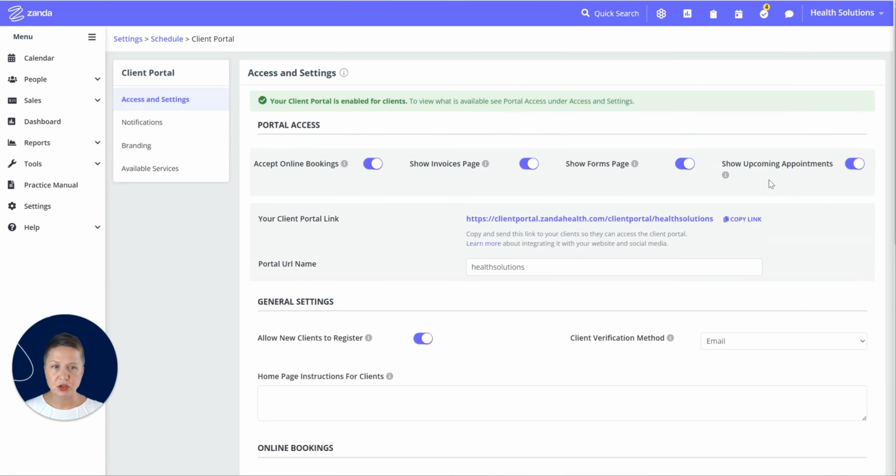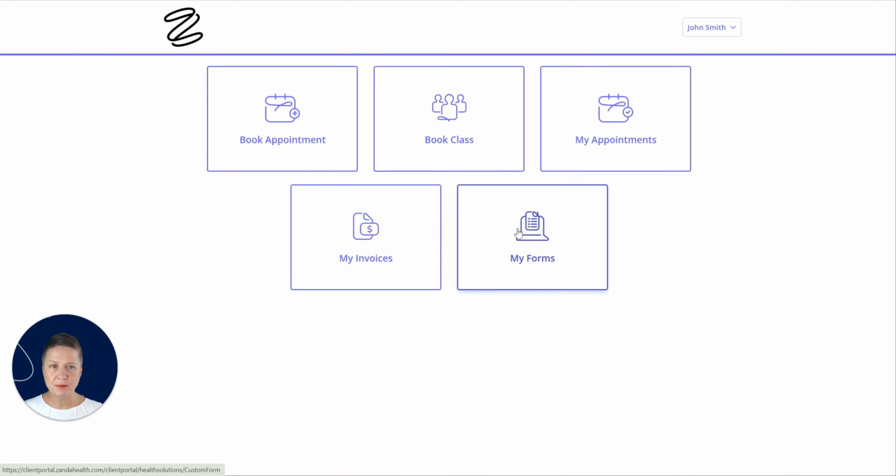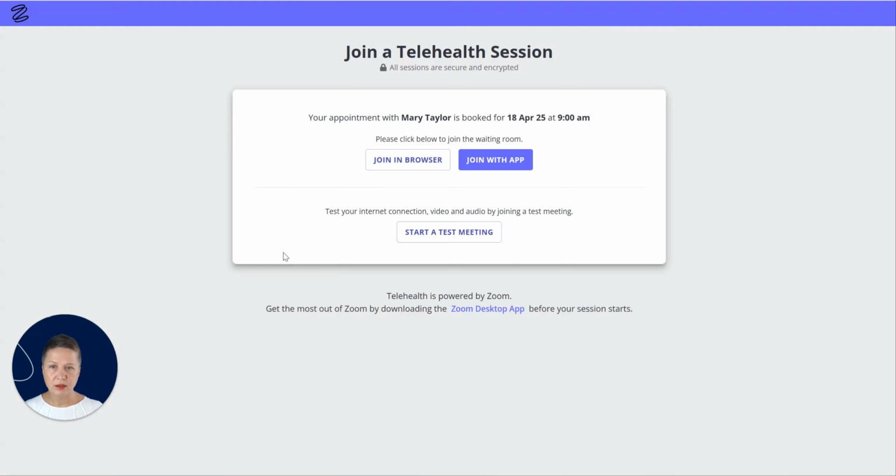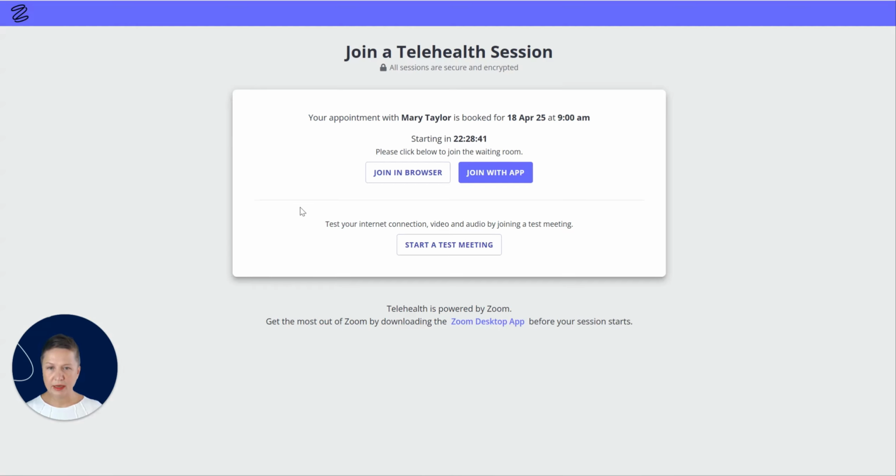So once you have enabled the show upcoming appointments feature, let's go to the client portal. So this is the experience of your client. They will log into their client portal, and they need to click on My Appointments tab here. And they will see the list of upcoming appointments they have scheduled. So basically the list of all future dated appointments. And on their telehealth appointments, they will see this button, Join Telehealth Call. And all they need to do is to click it,